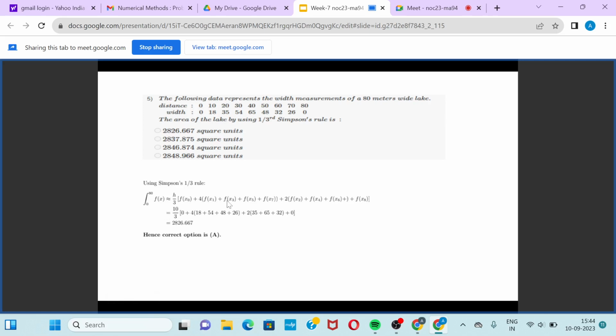So substitute all the values, and here as the consecutive difference was 10, so h will be 10, and solving this it will give you 2826.667 square units. Okay,